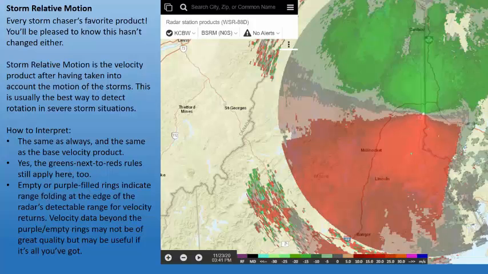Empty or purple filled rings here, that's range folding, and that's usually the edge of the detectable range for velocity returns. So you have to be careful once you get into that purple range or the empty range here, because that data might not be of the best quality, and you can kind of tell once you get beyond it, it just kind of looks like a mess out here. So that's one spot where you have to be careful, but you always had to be careful with this product